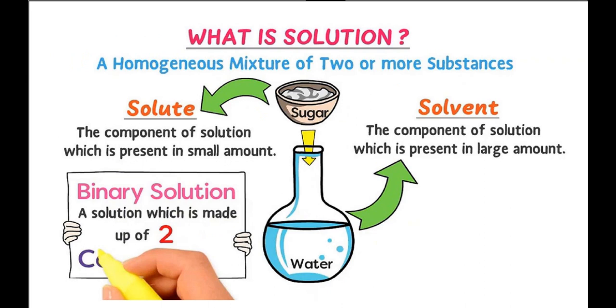On my next slide you can see I wrote what is a solution. A solution is a mixture of two things. The first one is the solute, and the other one is the solvent. The solvent is the liquid part of the solution, and the solute is the solid part